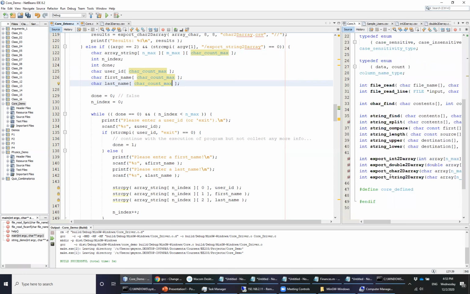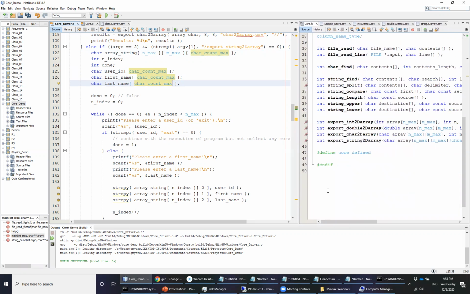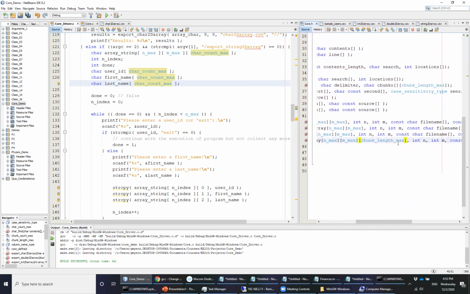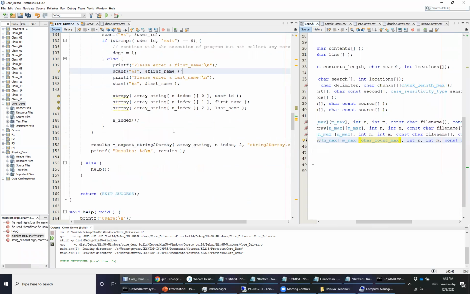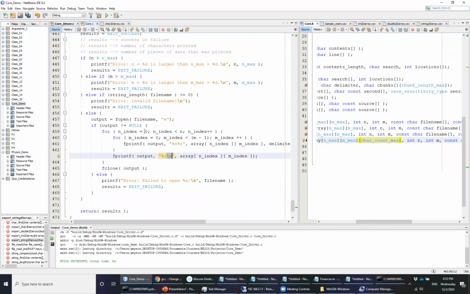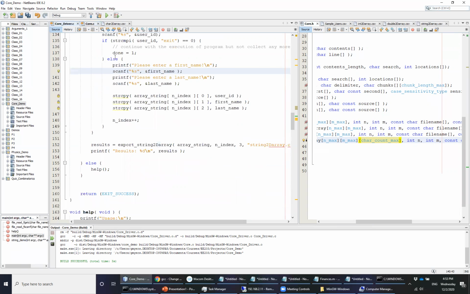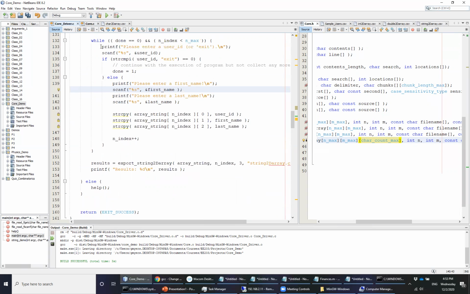Now, you should also consider to do that in your function signatures. You're going to get a warning if you don't. So what you can do here is you can also change chunk length max to the char count max for now, as well as in your core.c. Now, those last two steps are not required. You'll just simply get a warning. Nothing wrong with a warning in this particular case. It just says that it was expecting an array of a certain size and you were passing an array of a smaller size. So if we go ahead and build this real quick,